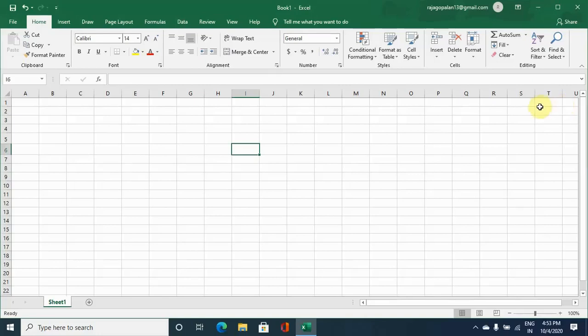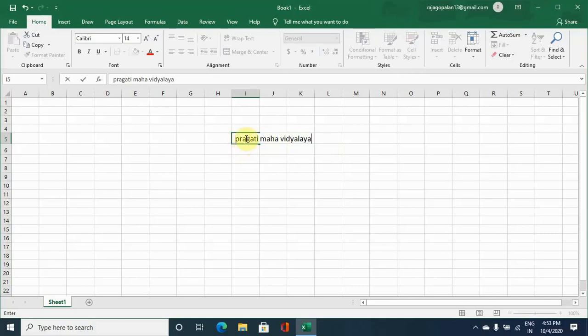Hello everybody. In continuation of the presentation we have seen in the previous class, we will now see what more can be done in the worksheet. Say the data you are typing is bigger than the size of the cell. Say, for example, so this is what we have in this cell.